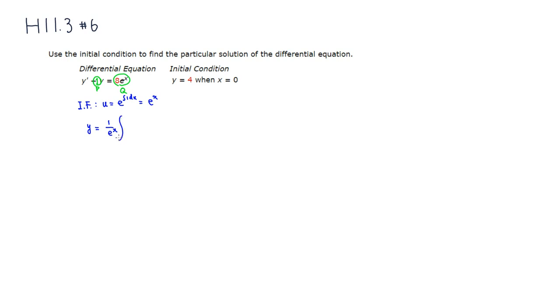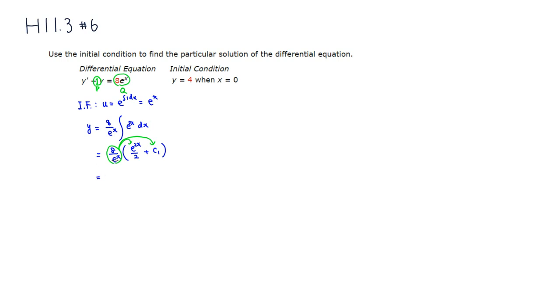And then the integral, we have 8, so I'm going to put 8 outside, e to the x times u, which is another e to the x, so it's going to be e to the 2x with respect to x. So you have 8 over e to the x. The antiderivative of e to the 2x is e to the 2x over 2 plus some constant c1. Then if you distribute 8 over e to the x to both terms, you're going to end up getting